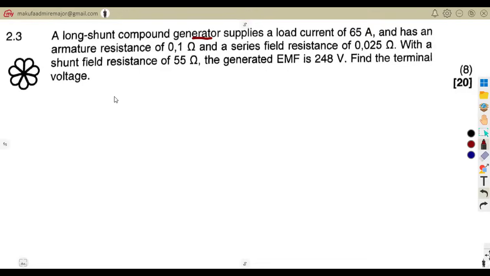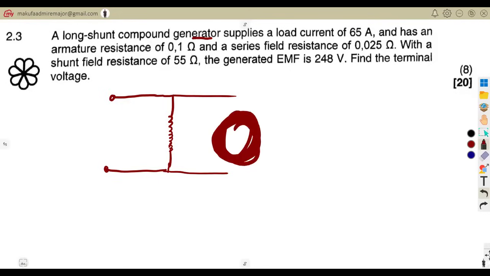Let's just draw a diagram. Remember, there's a long shunt. So for a long shunt generator, we're going to have the shunt field like this. The shunt field coils are connected across the series and armature together. So you're going to have the series field here and also the part of what? Our armature. This is the presentation of a long shunt